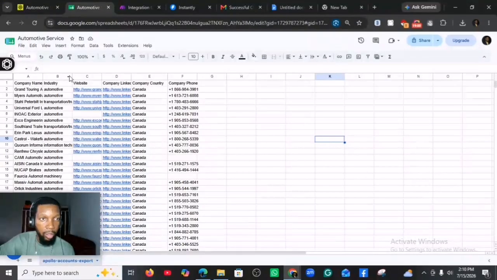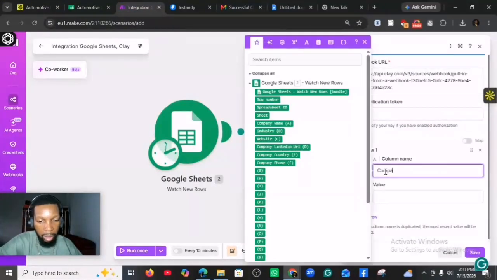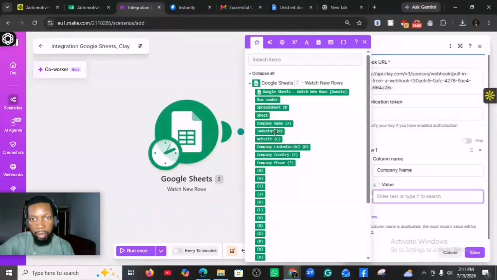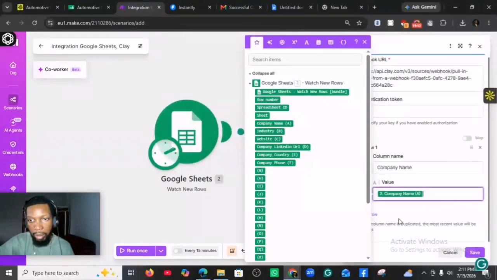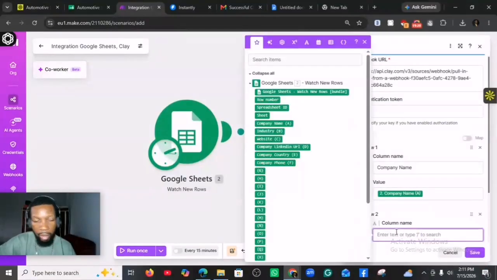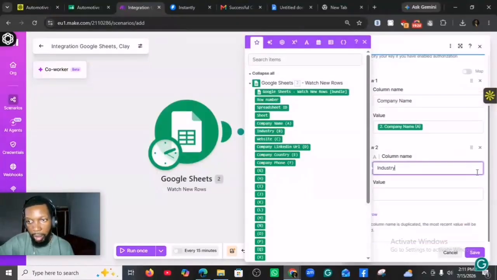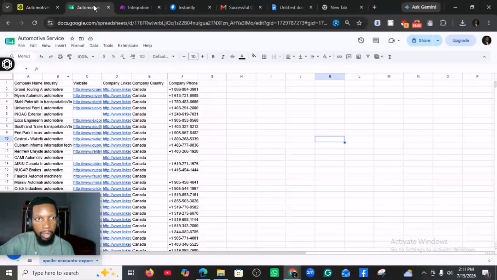So company name, industry. So go company name, and the value here you look for company name, and you add row, industry, and look for the value industry. This is how you're going to do it. You add row,